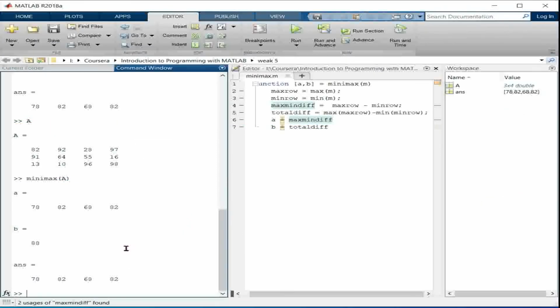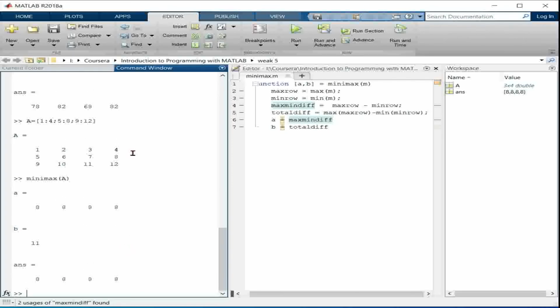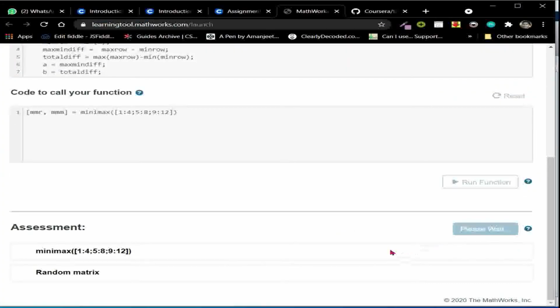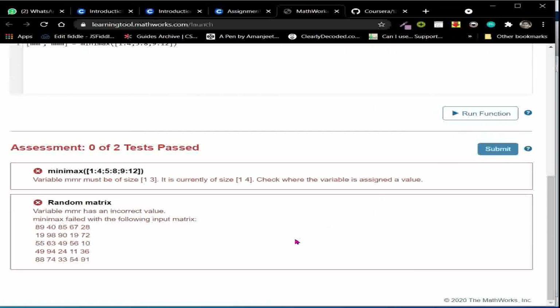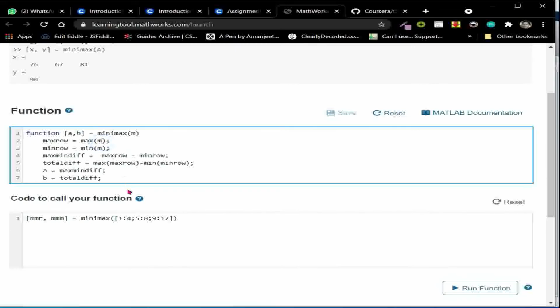Okay, A is equal to... Here is 4 minus 1, 12 minus 1. It is returning right. Well, I think the code should be wrong somewhere. Yeah, it's wrong because I have made some mistake. I have not understood it. What should I do?